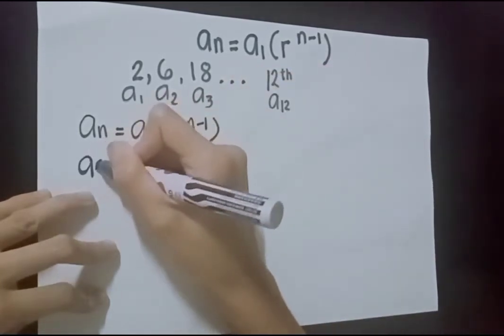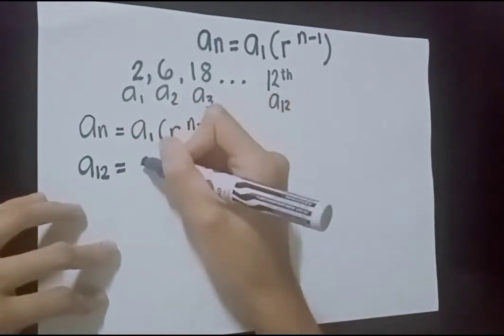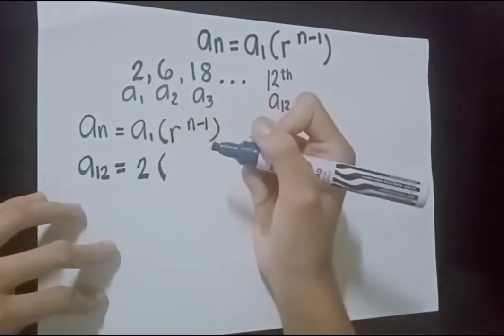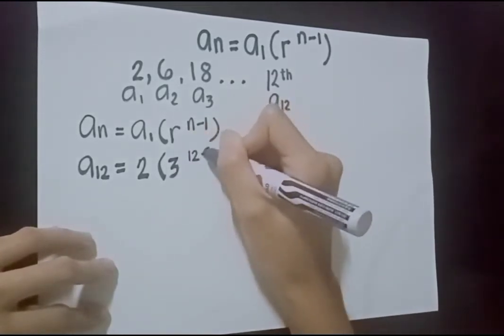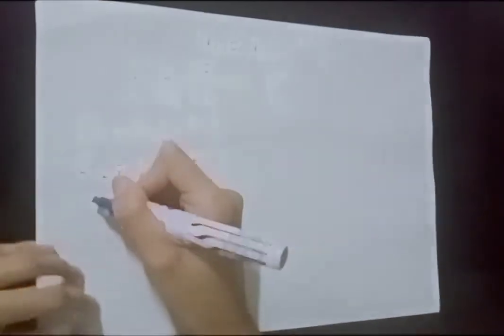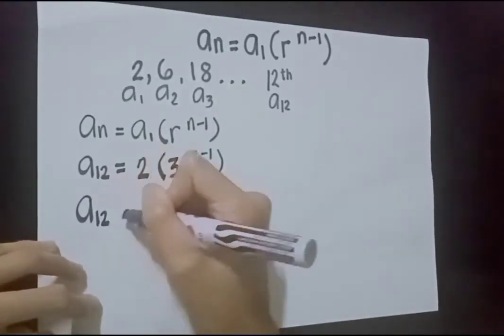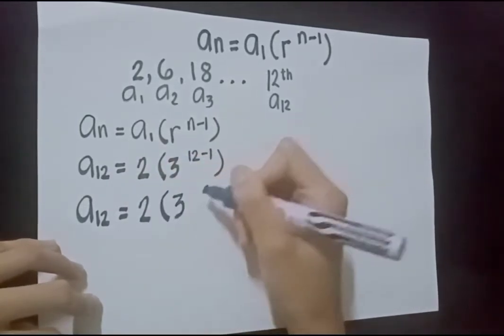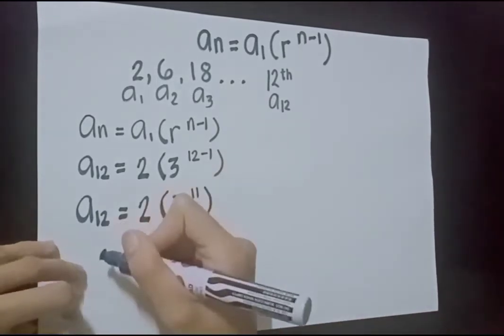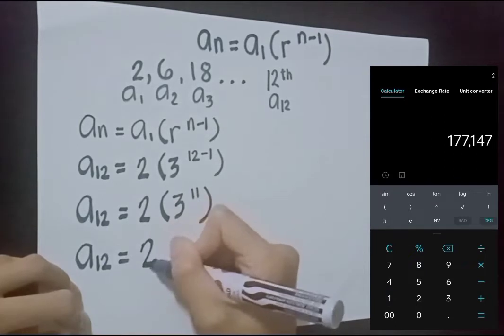Our n is 12 because we are looking for the 12th term. a sub 12 equals our a sub 1, that is 2, times our common ratio, which is 3, raised to the n term, which is 12 minus 1. We will first answer the exponent. So a sub 12 equals 2 times 3 raised to 11. Next, we will answer 3 raised to 11. It will be a sub 12 equals 2 times